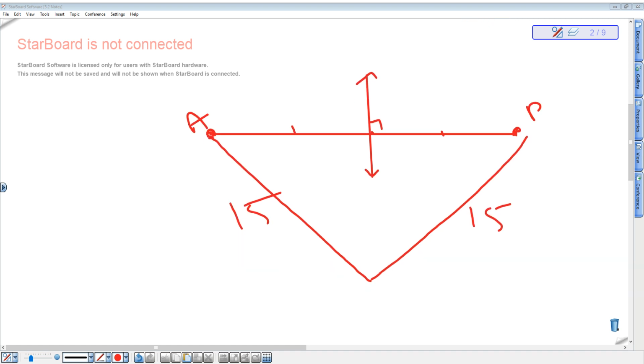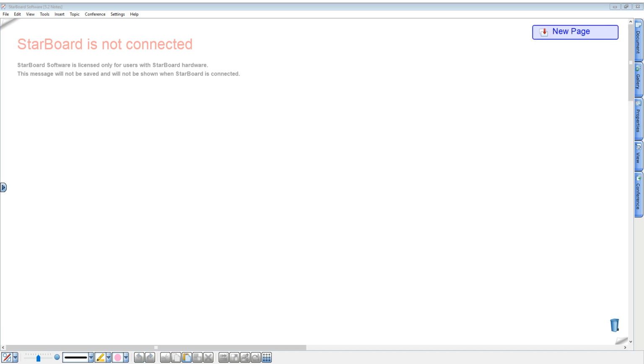A, B, C, and because this is the center, let's call this line P. So if I was telling you that this line, and highlighted a. Oh, I had no idea you can even do that. If I tell you that this line is the same as this line, which I am, they're both 15, and I tell you that this is a perpendicular bisector, which makes sense because it's already at 90 degrees and it's equal on both sides. So now with this information, I can tell you that if I were to extend this